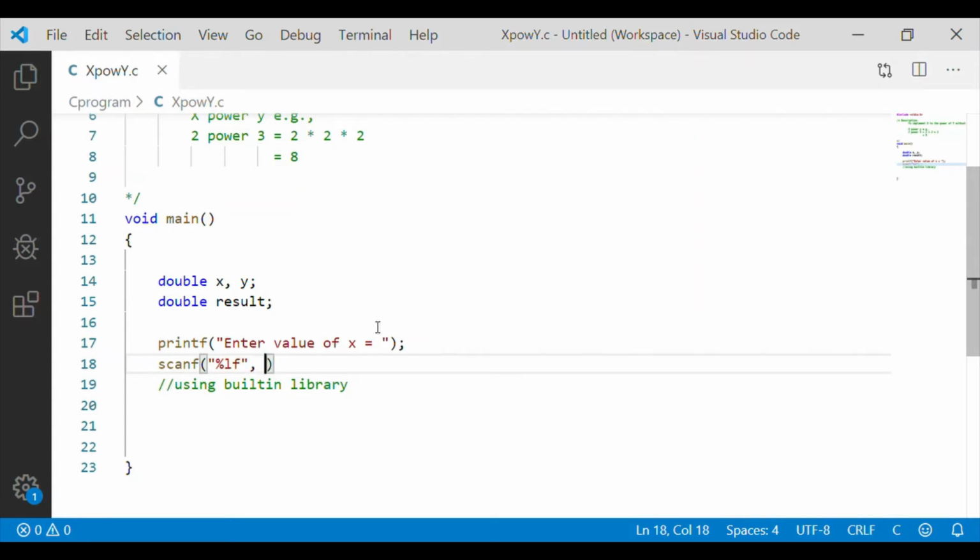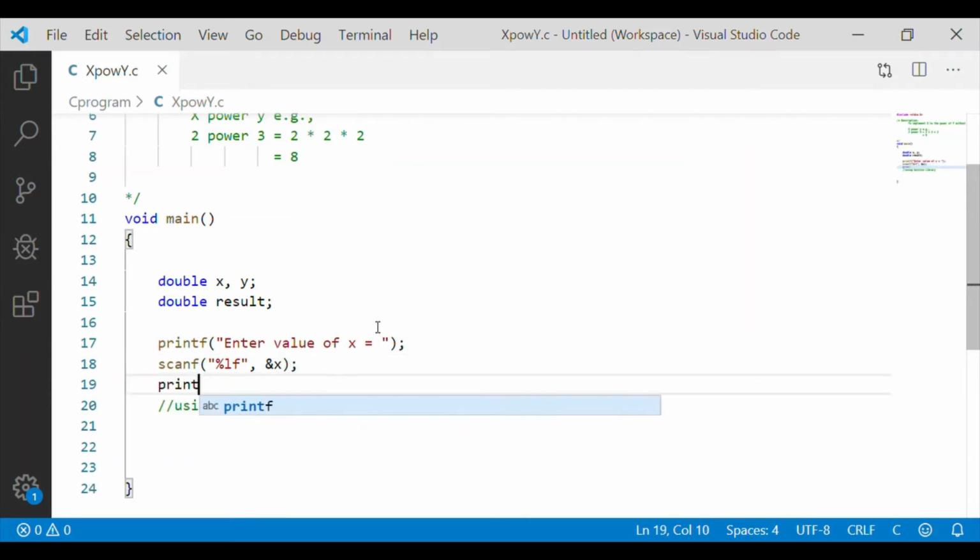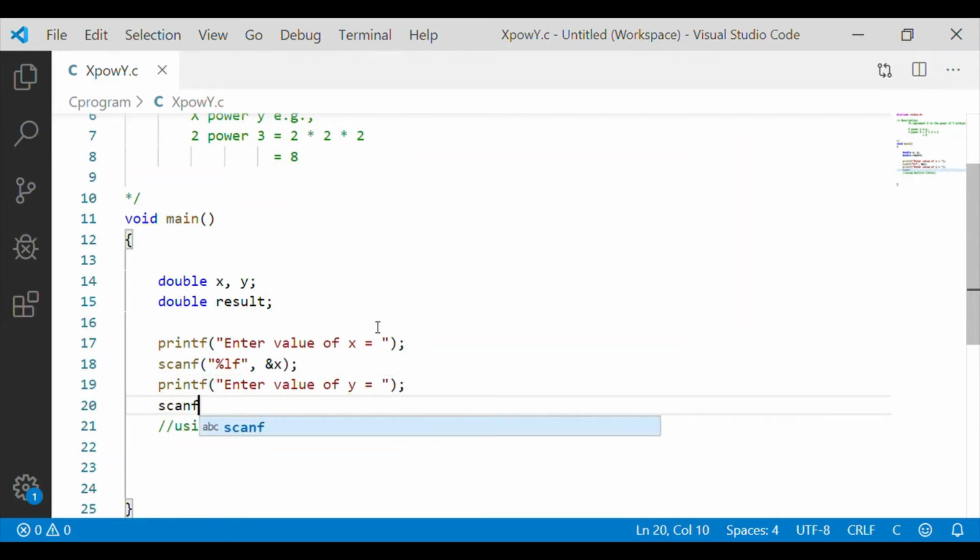I have declared x and y as double and the result variable also double, so that it can cover all ranges, both decimal values and integer values. Since x and y are double float, we have used format %lf to get values of x and y.